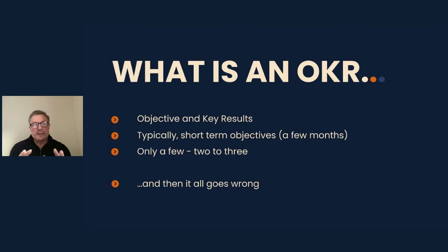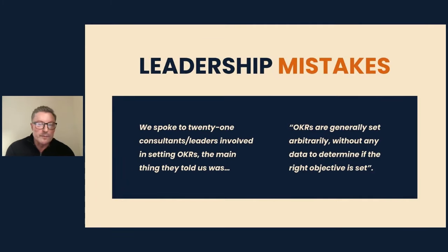So if you accept that that's what an OKR is, and if you accept that it should be short term, and if you accept that you should have less rather than more, I got an email from someone the other day about the number of initiatives in their organization, and they were saying we're having 130 initiatives going on. Do you think that's too many? Well, I'd say irrespective of the size of the organization, that probably is too many. So the first thing to think about is, are they short term, and is there only a few? But that's not really the big mistake. This is where it actually all goes wrong.